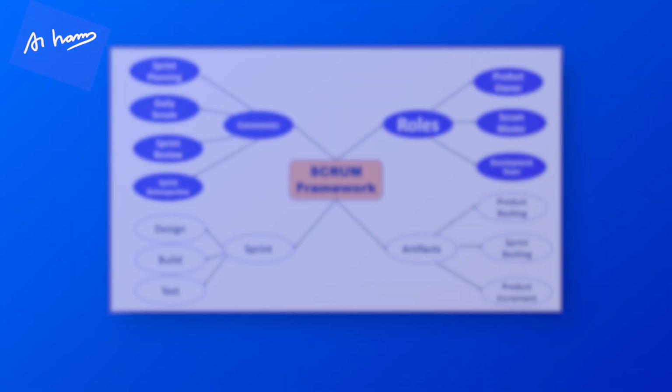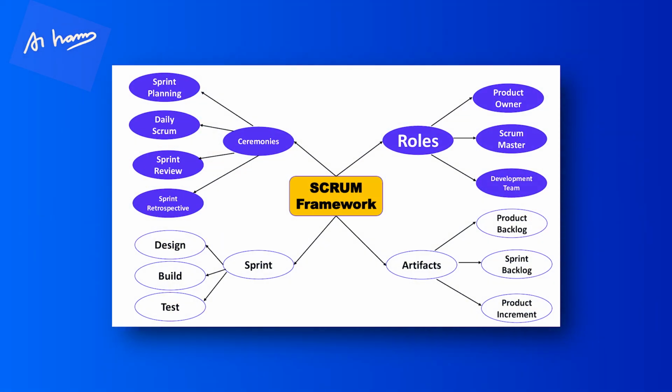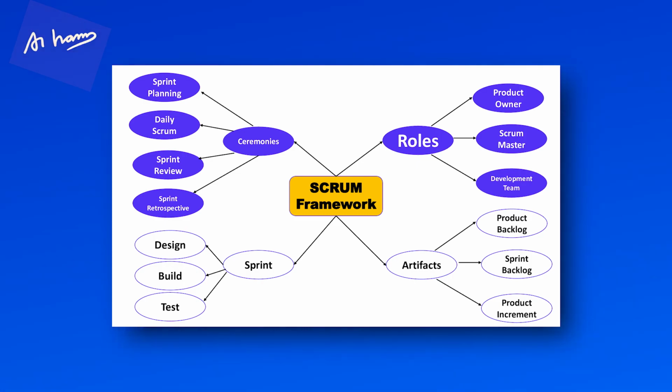Scrum is also used for continuous improvement. We learn from every sprint and we make things better. So that's where continuous improvement comes in, in the Scrum framework. Okay, so Scrum has got 3 roles. What are these 3 roles? The first one is the product owner, then the Scrum Master, and then the development team.